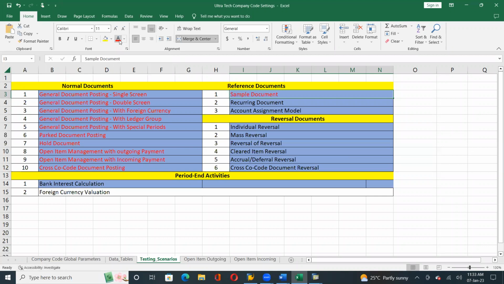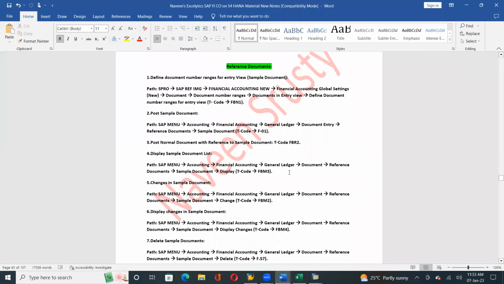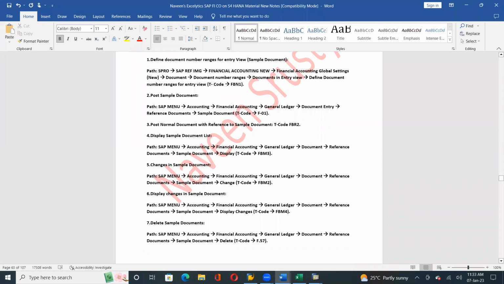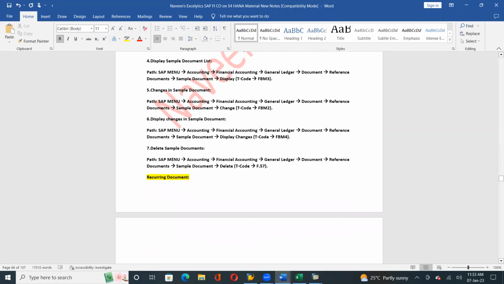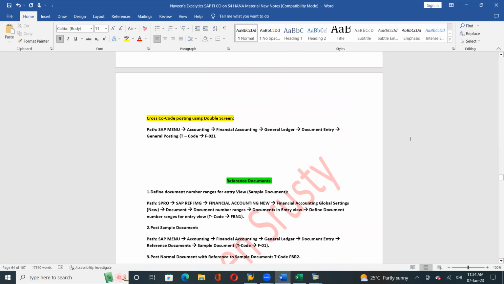Put a heading as recurring document. Write down recurring document. Any periodical